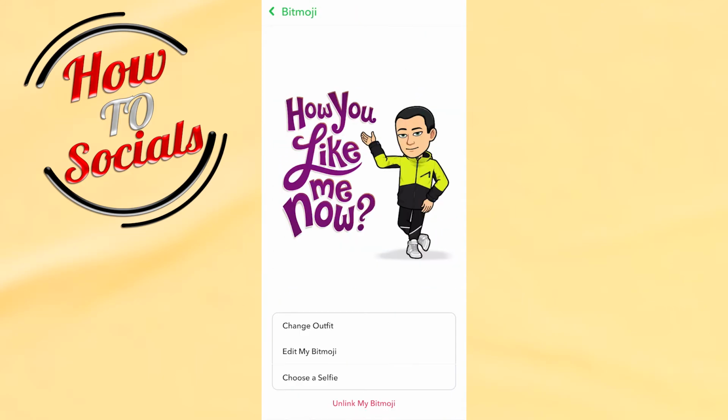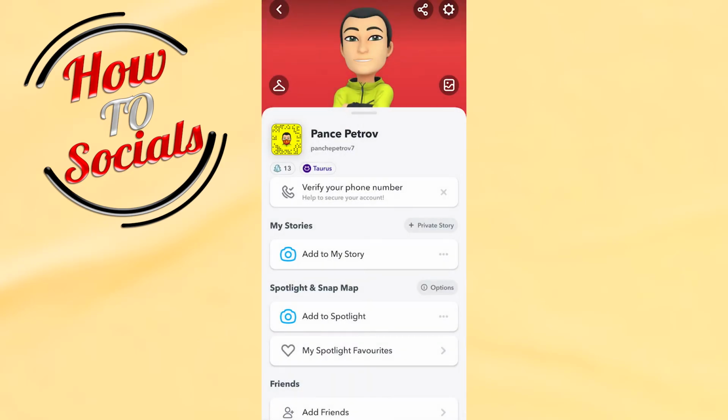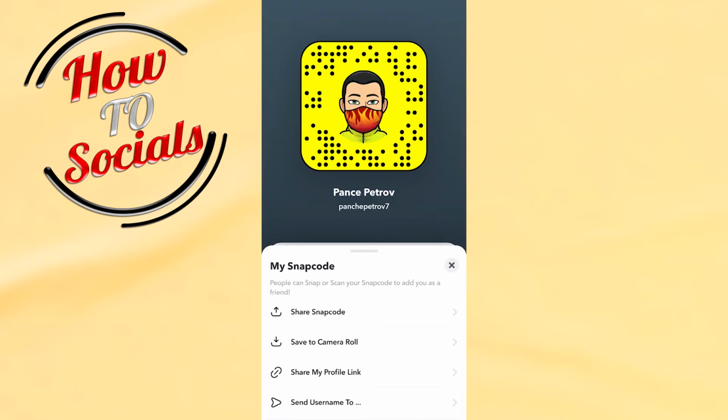Now you need to wait, and after that go back. Here, as you can see on the left side, just click on it, and now guys, here as you can see we have a mask on our